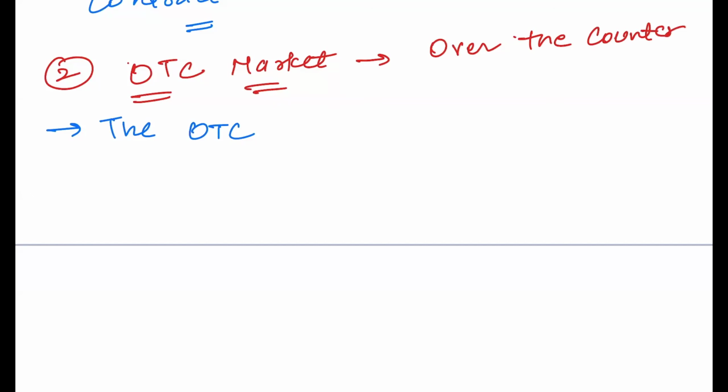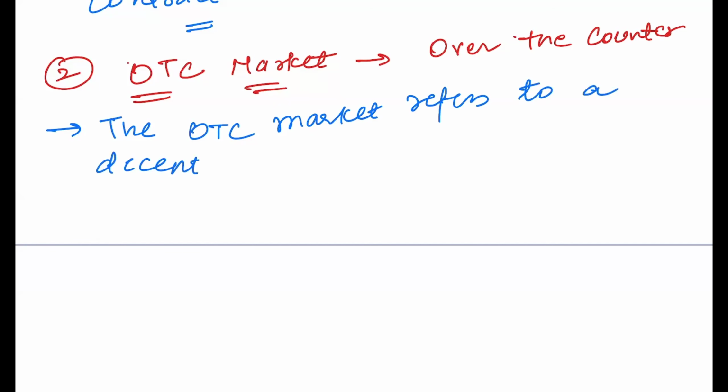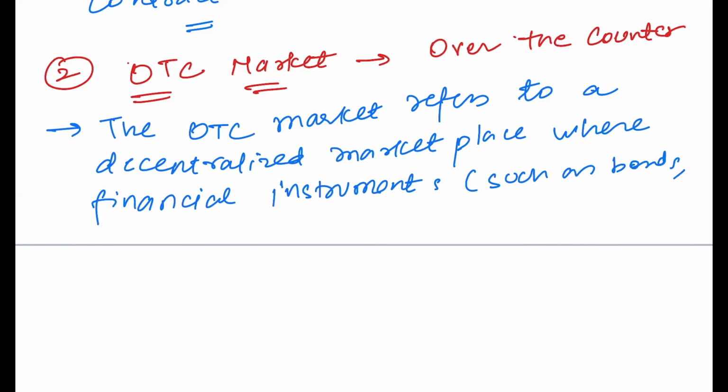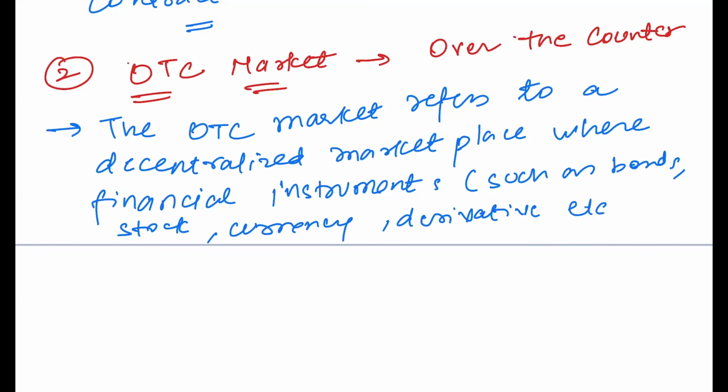The over the counter market refers to a decentralized marketplace where financial instruments, such as stocks, bonds, currencies, commodities, derivatives, etc., are traded